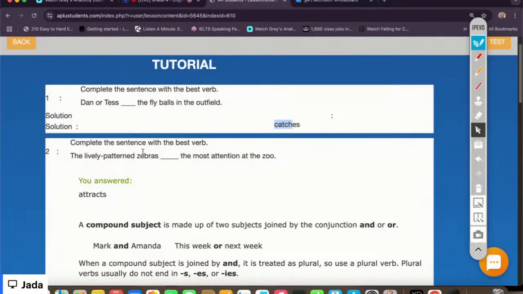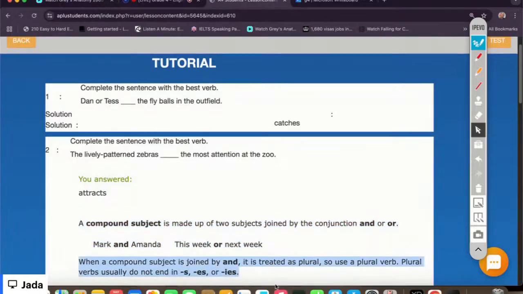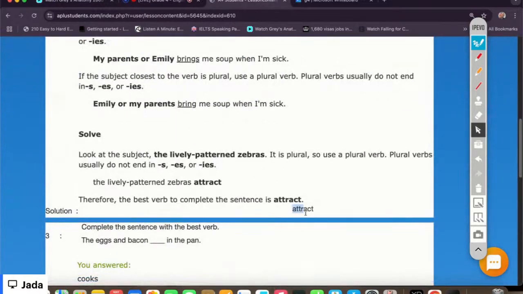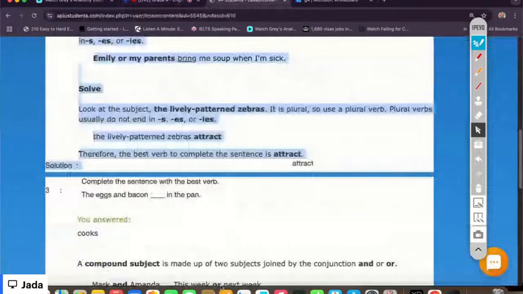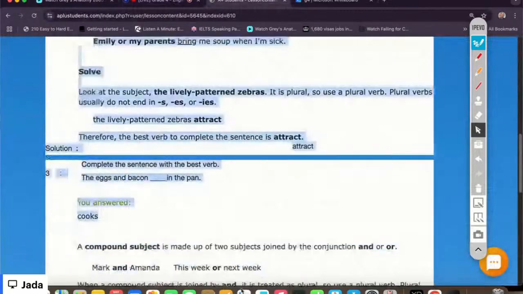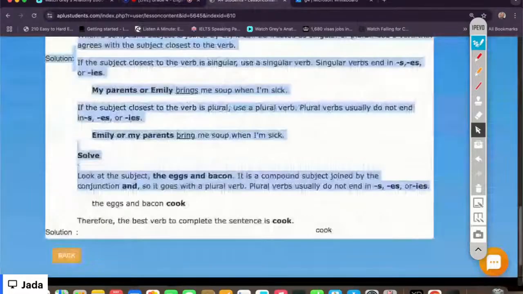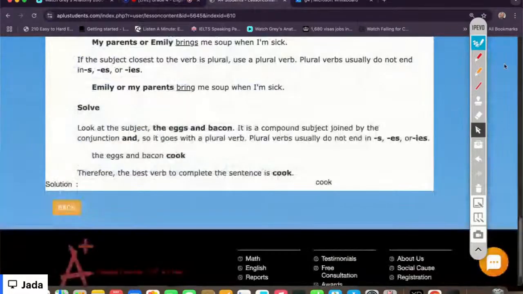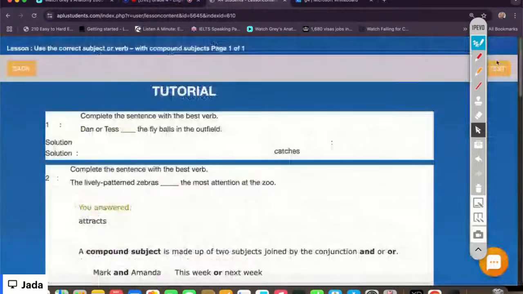The lively patterned zebra dash the most attraction at the zoo. So attract. Okay. So look at the subject, the lively patterned zebras. It is plural, so we use a plural verb. Okay. The eggs and bacon dash in the pan. Remember that and is automatically treated as plural, so we will say cook. We're not going to add s because plural verbs do not end with s. Okay,